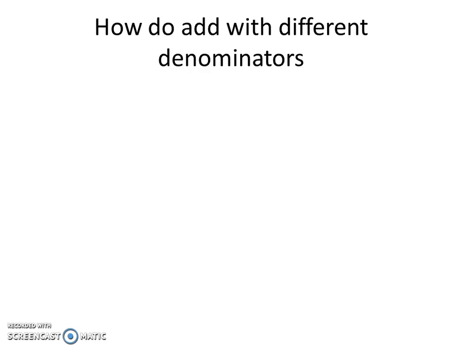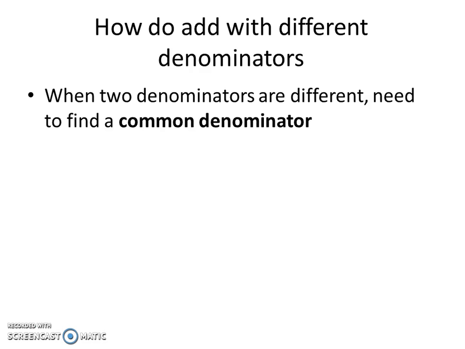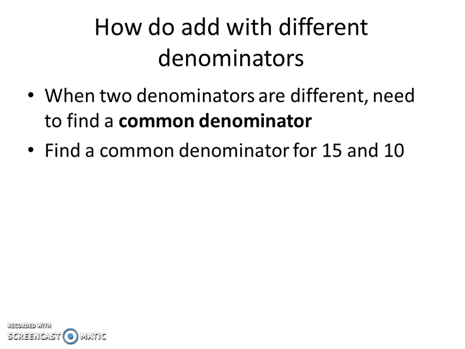So how do we add fractions with different denominators? When two denominators are different, we need to find a common denominator. So if we want to find a common denominator for 15 and 10, there's lots of different options that we can use. One thing that we can do is multiply 15 and 10 together to get 150. But if we wanted to use something smaller, 15 and 10 have a multiple that is smaller than 150 in